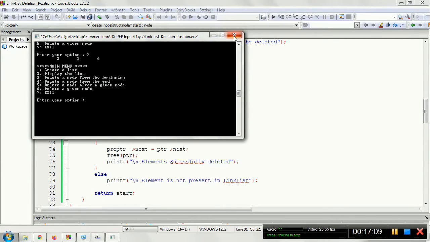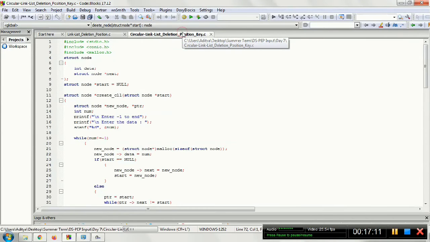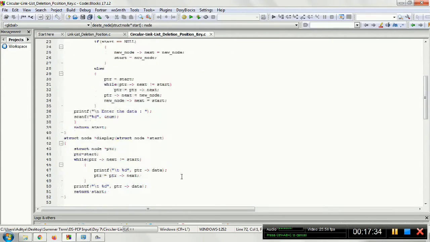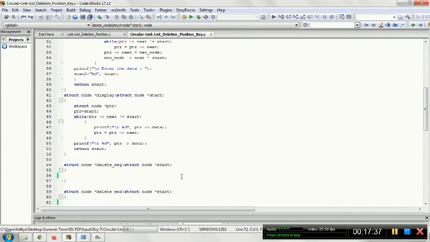Okay, so fine. Now we'll try the circular linked list. Now for the circular linked list, if you want the descriptions like how the functions will work and everything, you can check the I button here. Apart from this, in this particular video, we have already created a function that will take care of the creation of the circular linked list and also how we can display a circular linked list. So both the functions are created. We'll just consider the 4 functions. That is how we can delete in the beginning, how we can delete at the end, how we can delete after, or how we can delete a particular given value.